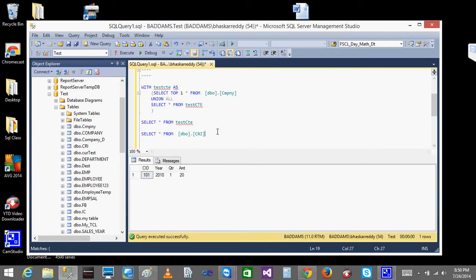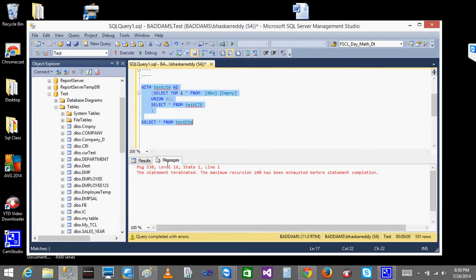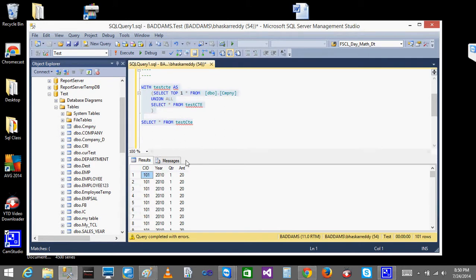So how the recursive CTE is going to happen is that I'll select this and execute it now. Same thing, execute this. Oh, I gave the top one. See, that record keeps on coming. Previously we got it only one time. When it is recursive, when you call this CTE, it goes and executes this, and inside this we are calling this CTE again. So that CTE calls this again and executes, and after this it calls the same again. Like that it is recursive.